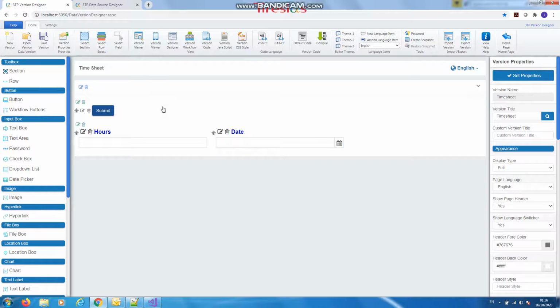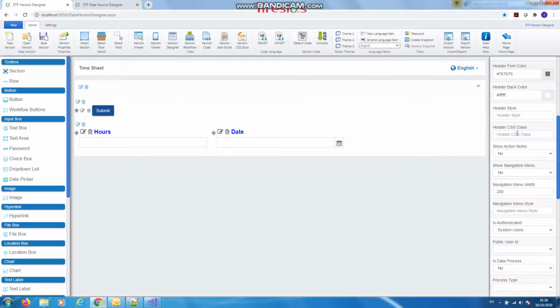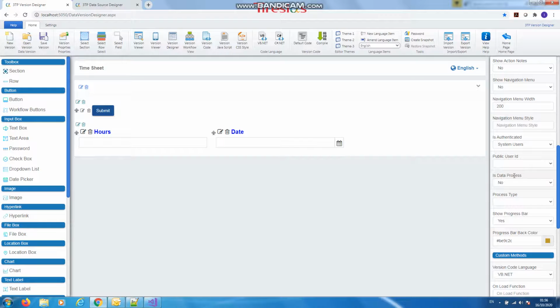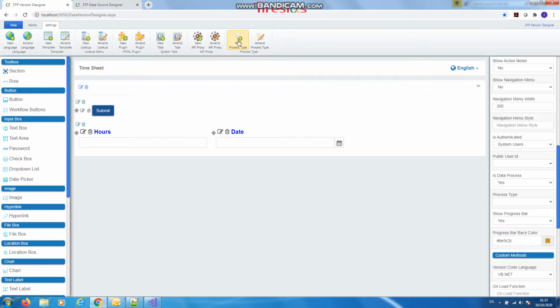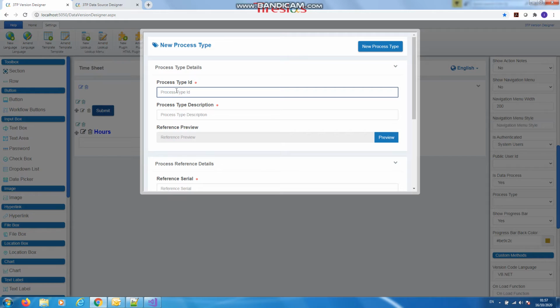Because for this process, when we tell that it's a data process, meaning there's a workflow, then we should tell the system that data process is yes, and then we have to select the process type. For this process type, how is the reference of this process created? This is done from the system. Here we create a new process type which is time